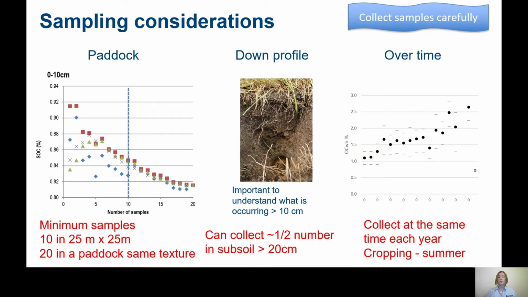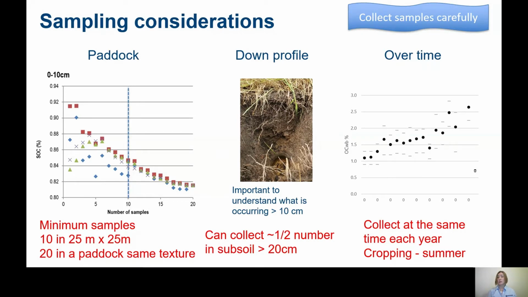Other options that we're looking at too: we're focused a lot on the 0 to 10 centimetre sample, but there's quite a large opportunity we're finding to increase carbon below 10 centimetres. Often between the 10 to 30 centimetres, we can have quite an influence on what the carbon content can be. So it's really important to start collecting some samples now below that 10 centimetres. What we've often found is that the biological activity is quite large in the 0 to 10 and often the 10 to 20 centimetres. But below 20 centimetres, you can often take half the number of samples of what you would be doing in your topsoil.